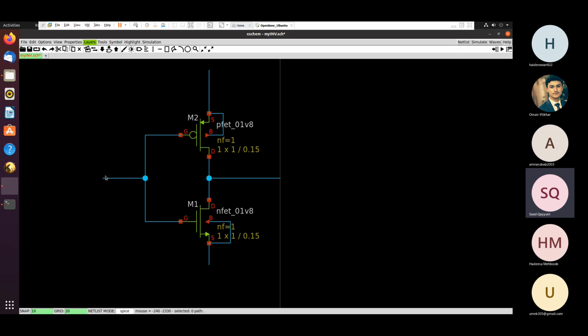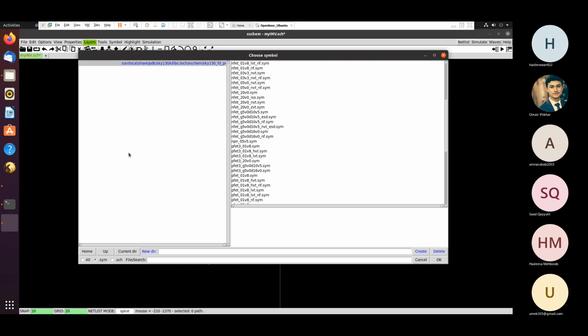Generally what I would do is the port number 1 would be the input port. Port number 2 would be the output port. Port number 3 would be the positive supply and port number 4 would be the negative supply. So if you want to make a port, you go again to Shift I. We are already in the PDK. So the port is a generic thing, which should not be in the